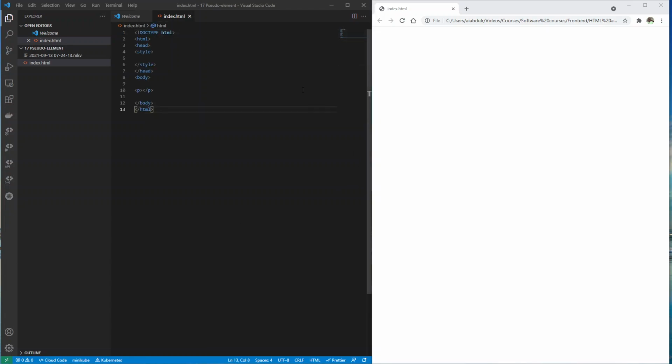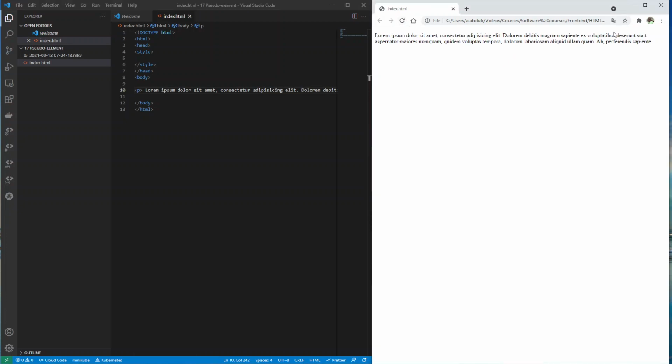So this is my sample HTML. I'm going to add some lorem, because I don't want to type. And so that is my text. And if I refresh this, you have the text. So if I wanted to use this first-line pseudo-element, what we can do,